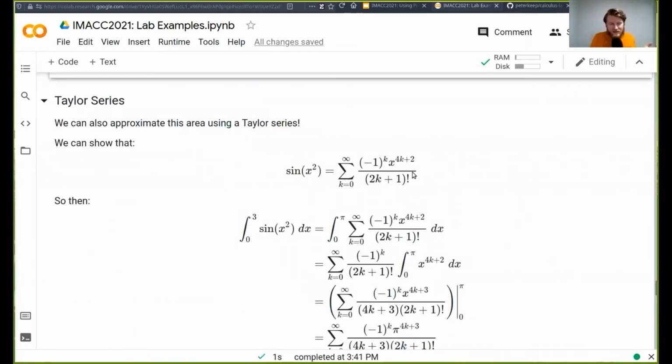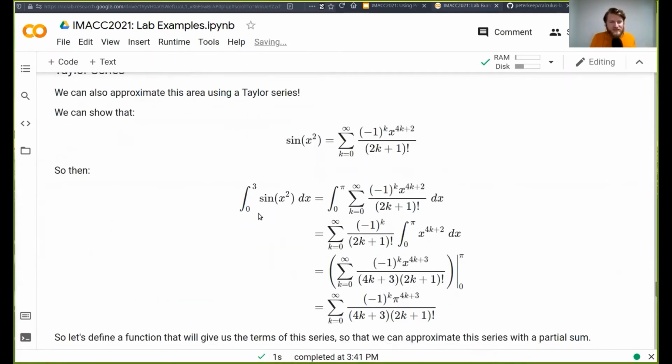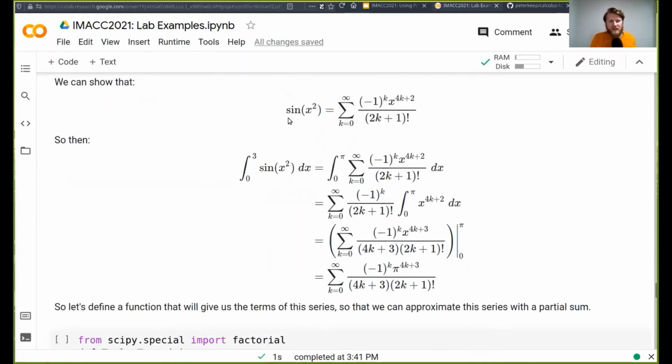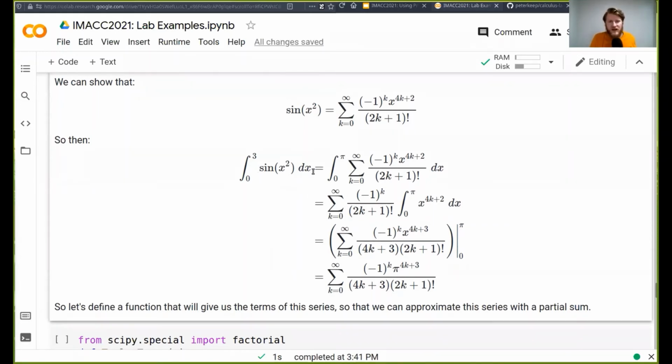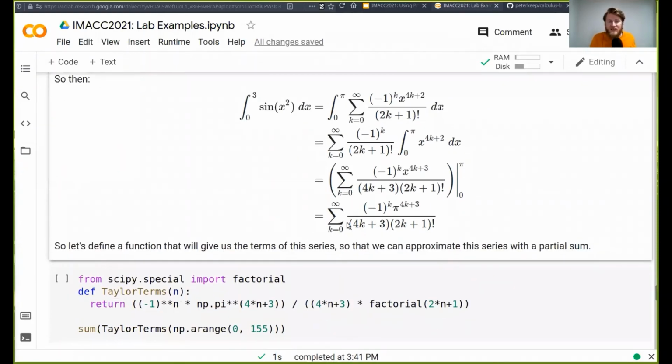In my Calc 2 class, I make them do the same thing, but with a Taylor series version of this. You can walk through all the calculus work here. I'm just finding the Taylor series for sine of x squared and integrating it between 0 and pi. There's a 3 in there for some reason. And so this is the sum that we end up needing to evaluate. That's what that